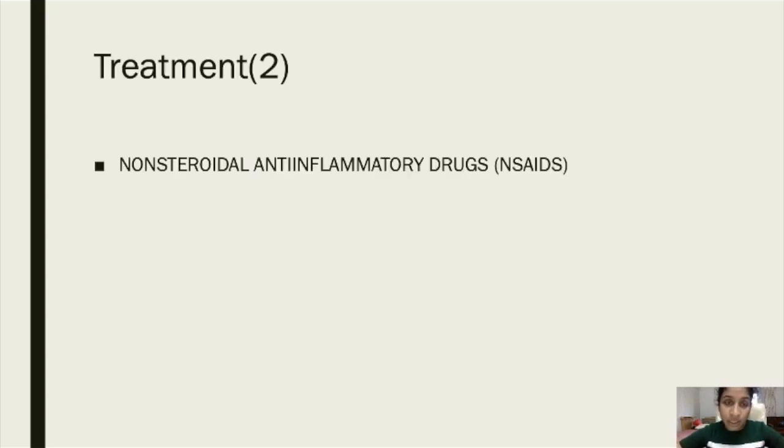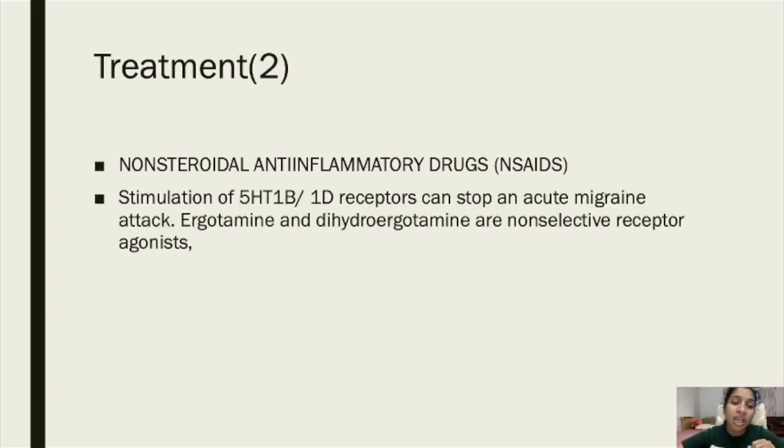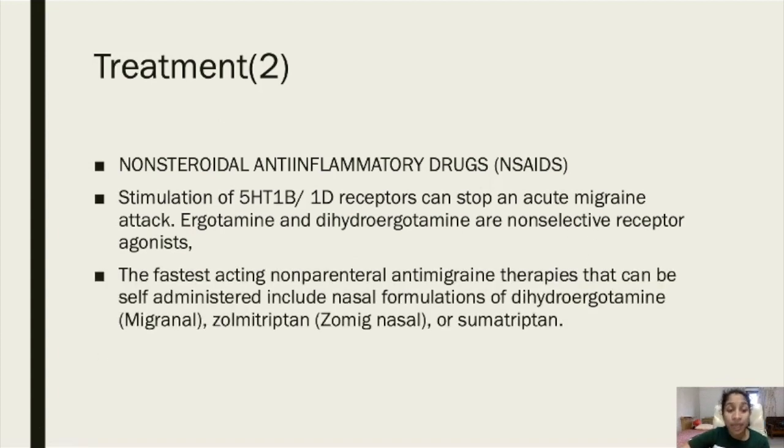And next, medicines. We can give NSAIDs, non-steroidal anti-inflammatory drugs. Then stimulation of 5-HT1B/1D receptors can stop an acute migraine attack. That is the serotonin, 5-HT, neurochemical. Stimulation of these receptors can stop the acute migraine attack. For that we can give ergotamine and dihydroergotamine. Receptor antagonists can be given. Agonists can be given, and